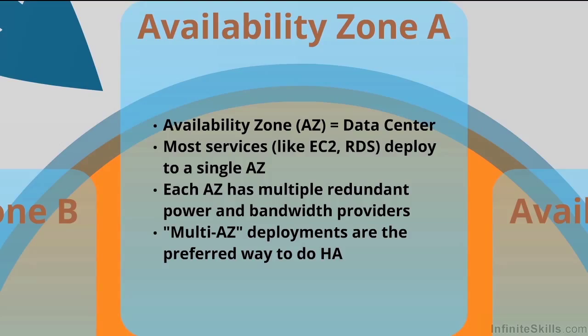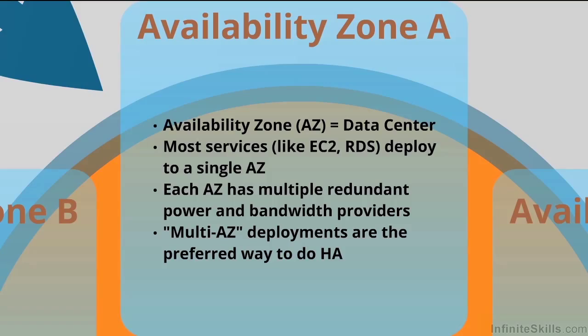Amazon takes security of these AZs very seriously. AZs are housed in unpublished locations in nondescript buildings, accessible only by AWS staff. Most of the services that you'll deploy, such as EC2 and RDS, will deploy assets to a single AZ. Each AZ has multiple redundant power and bandwidth providers, ensuring that no outage at a single provider can take down